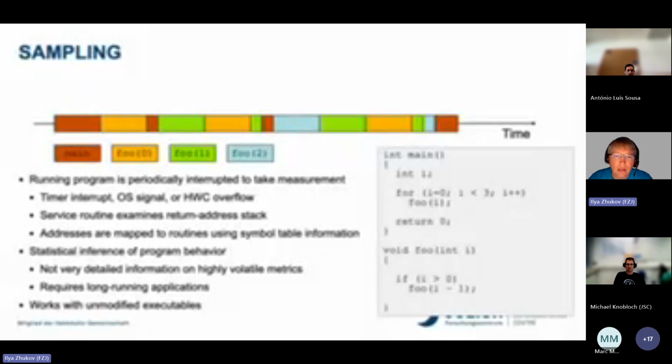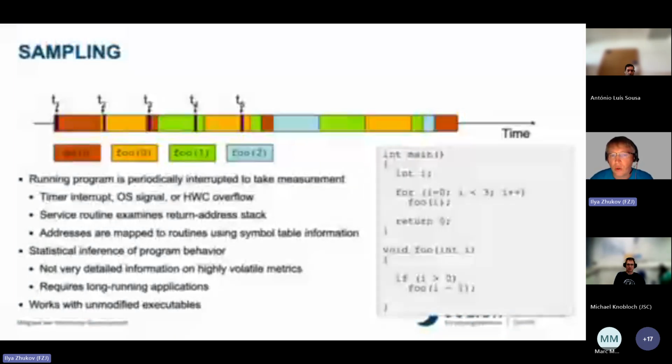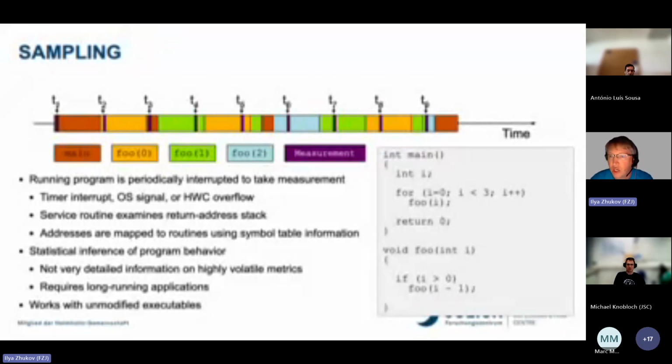Sampling means that the running program is periodically interrupted to take measurements. At certain intervals, let's say every 10 microseconds, there will be an interrupt, and we'll get information from this point, and we can unwind the stack and see what was going on inside the application at this point in time.